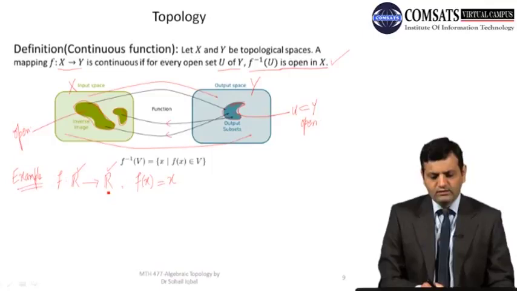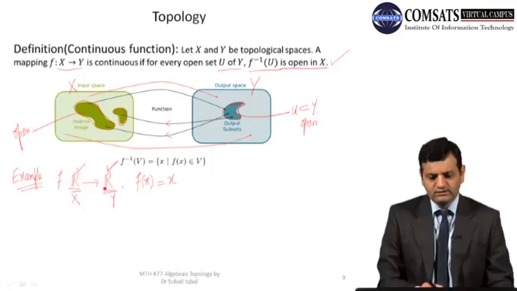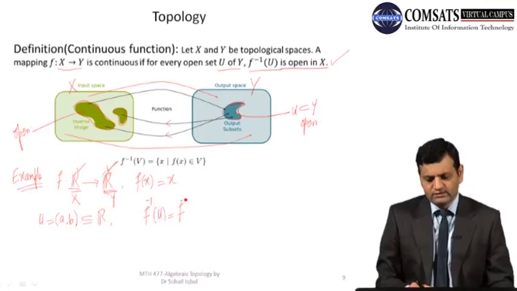So if I take any open interval in this Y, in this case X and Y are equal, but if I take an open set in this codomain, let's say my open set is (a, b), so this is my U, which is contained in Y, which in this case is R. So what is F inverse of U? Of course this is identity, so F inverse of U, which means F inverse of the open interval (a, b),